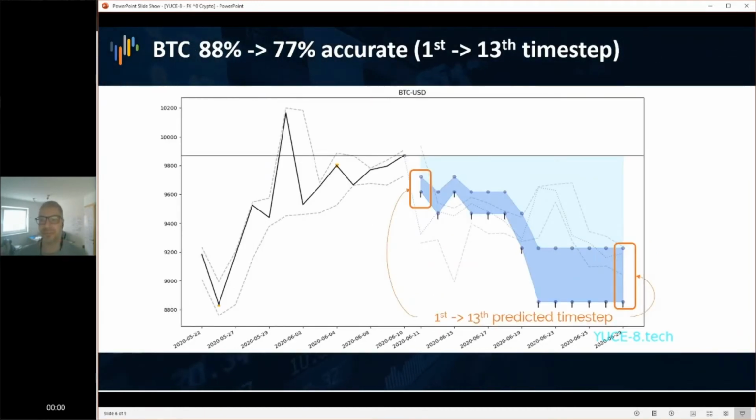Here's another example. I told you I started with cryptos. On the left side again, the real price of Bitcoin. I wish it was still at 10,000. I should have bought more. You see, this is, for example, the 10th of June last year. And here we have a price prediction for the Bitcoin. And you see pretty accurate the bearish movement which was predicted versus the real bearish movement which happened on this day. And the accuracy of Bitcoin is up to 88% in the first days. And on the worst case, we are at 77%, which is still quite accurate.